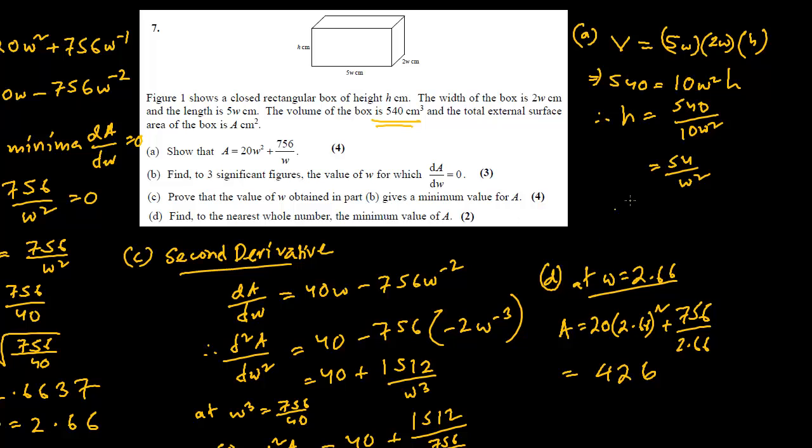We can write area equals, so the front surface is 5W into H, which is 5WH, and since there are 2, one front, one at the back, we can write times 2 instead of adding it twice. Then one at the side is 2W into H, so that would turn out to be 2WH, and since there are 2 surfaces, times 2. Then we have